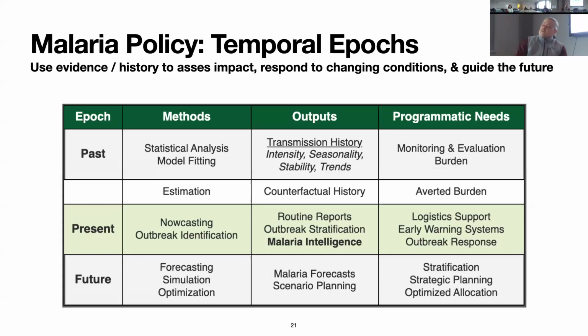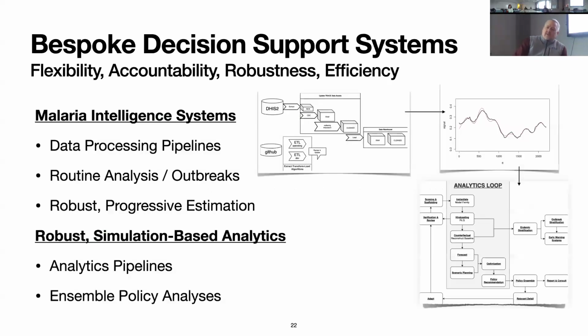And then, of course, all of our decisions are about the future. There are many possible futures, no data to describe it. So we have to find something to do to make decisions about the future, and that involves forecasting and analysis of the past. So what we end up doing is building these bespoke decision support systems in every place. So it's a methodology. It's not that we go in and look at the data; we develop these malaria intelligence systems, and some of the components are shareable across sites and some are not.